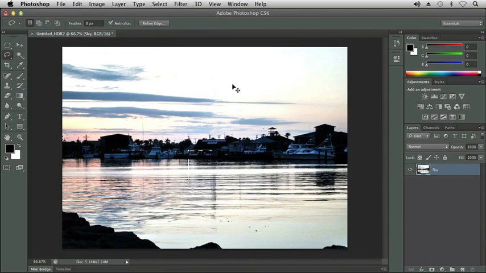So I got rid of that little light there on the left. If I'm not happy with what Content Aware did, in this case I'm not really thrilled with it, so I'm going to back up. I'm going to do Command Z, which brings back my selection, then Command Option Z, where it brings back what was already there before. I'm going to press Command D to remove that selection. Let me go ahead and zoom in,